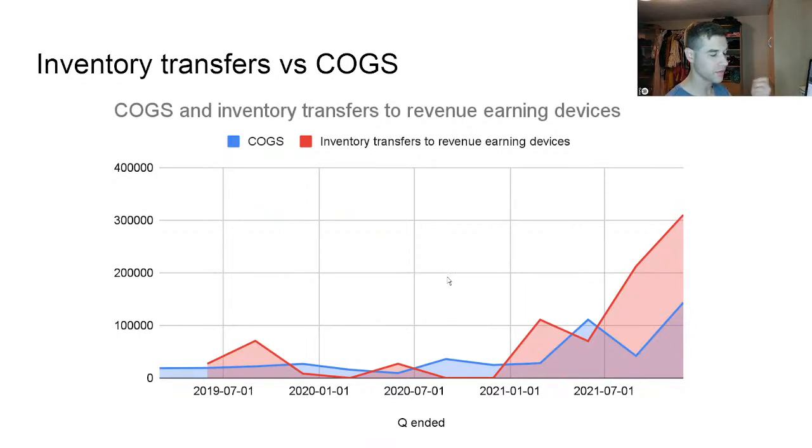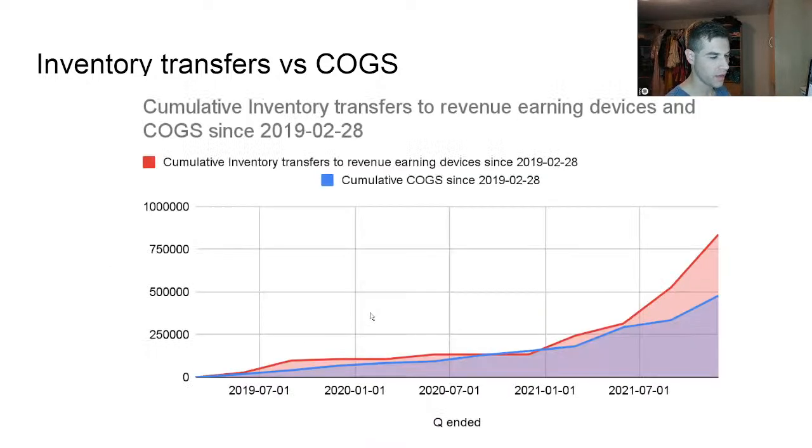versus what was the cost of goods sold in each quarter. And you can see here that these don't really seem to track at all. And you have a number of quarters where they transferred more inventory to revenue earning devices than they actually had cost of goods sold for the quarter. And the more interesting thing to me is if we do this